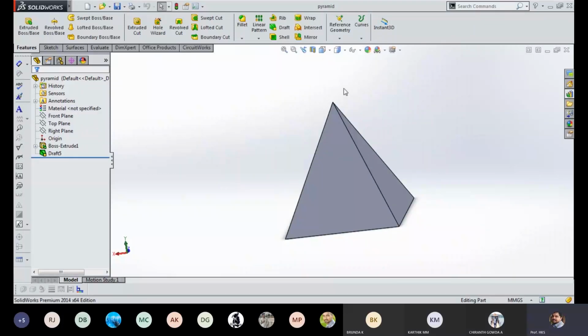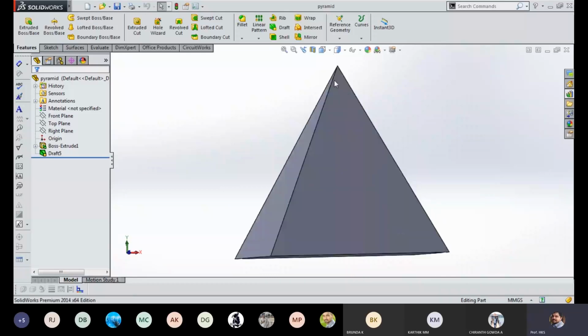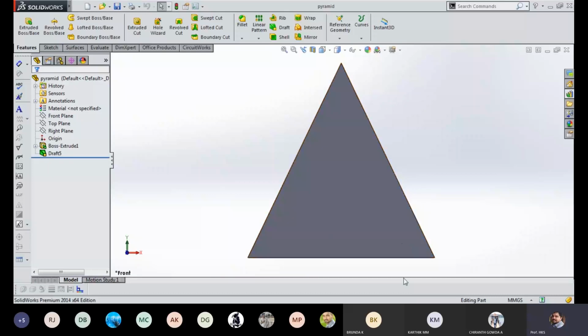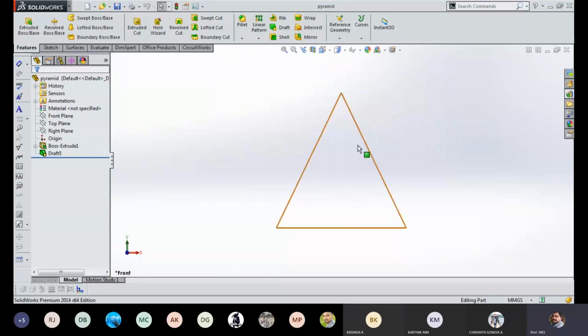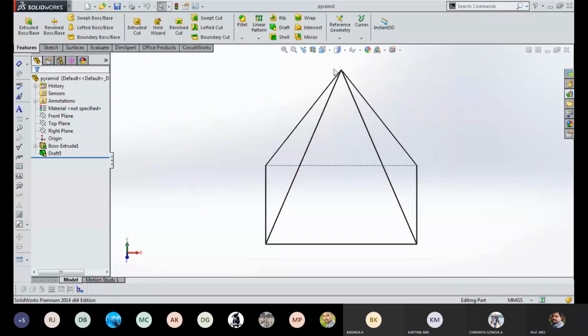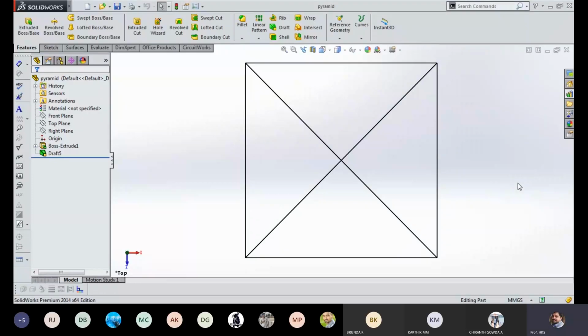Now you can visualize this in different views. First I will consider the front view. In front it looks like a triangle. If you want to view this in wireframe, from front it will look like this. Next, from top, it looks like this. It looks like a square. Now what is this line? This one highlighted is a slant edge in top view.